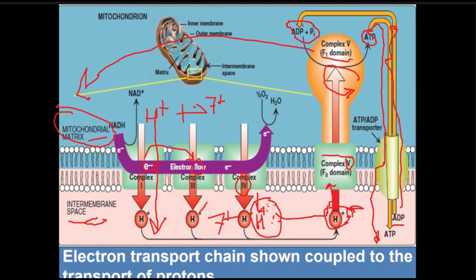So this picture is summarizing what's happening. You have electrons going from one complex to another. The H plus will enter the intermembrane space from the mitochondrial matrix. Then there is a buildup of H plus. At complex 4, the H plus get into the